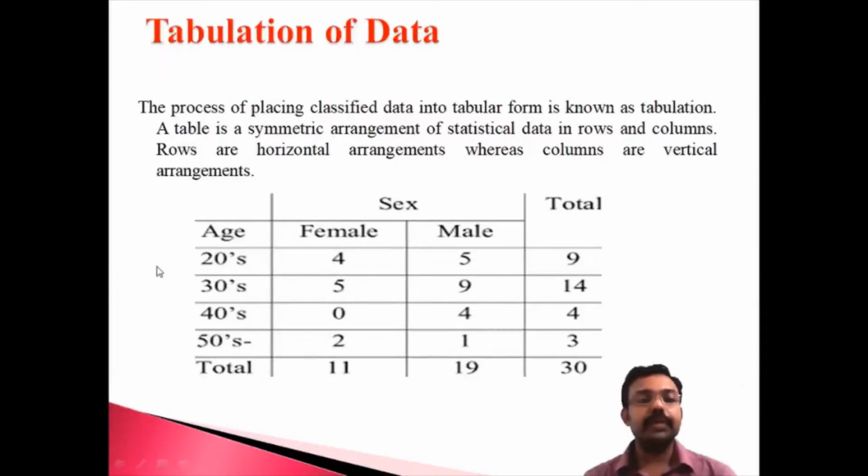That means you are explaining each and every element, that is, each variable. Age and sex are the variables, and these variables are explained in the table, which is known as the tabulation of the data. So there is a logical or systematic arrangement of the data. The researcher logically and systematically arranges the statistical data row-wise and column-wise, which is known as tabulation. So there is a systematic arrangement of male and female and the age group. This is an example of the tabulation of the data. That is the term known as table and tabulation.